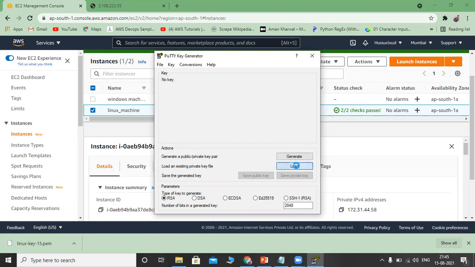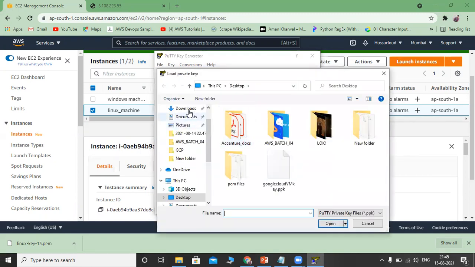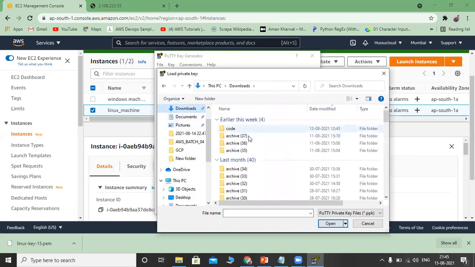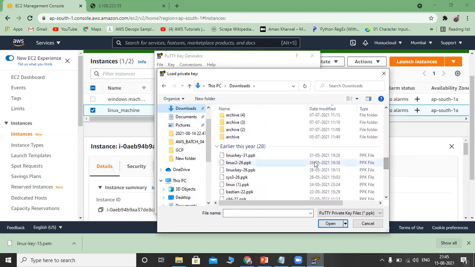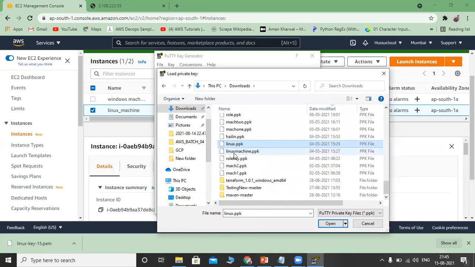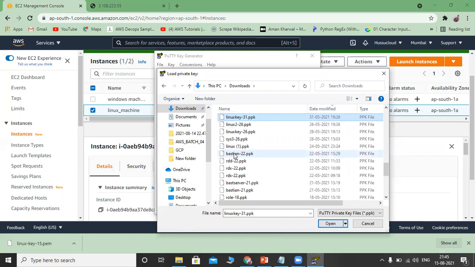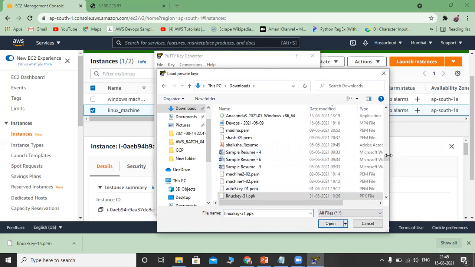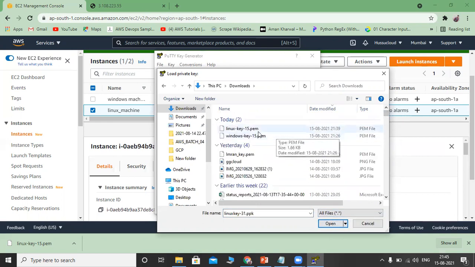So load the file. What is that file? Linux. Go to Downloads. Where is that file? It is not PPK, it should be All files. Select All files, Linux key 15.